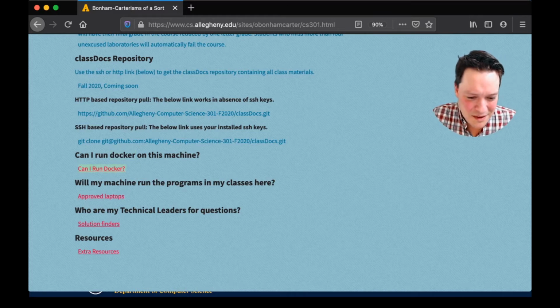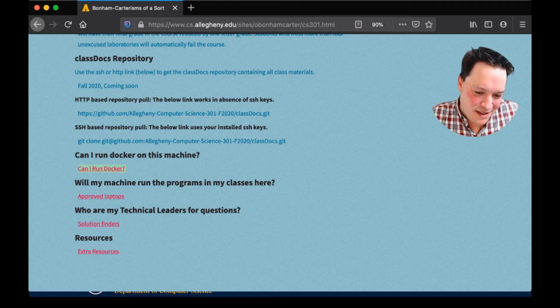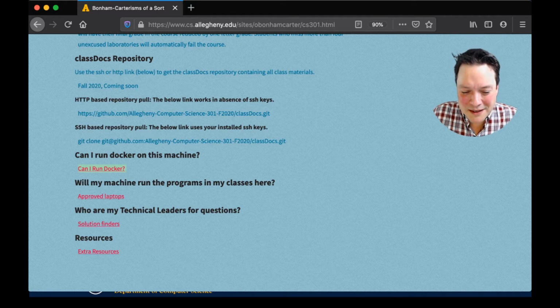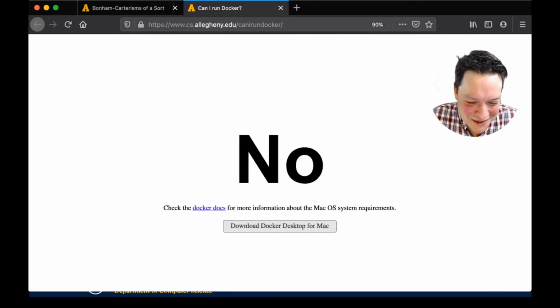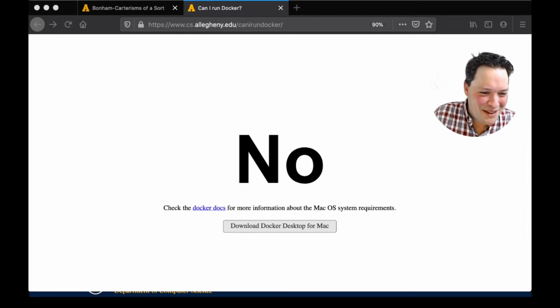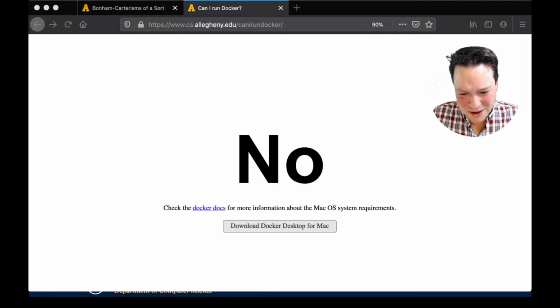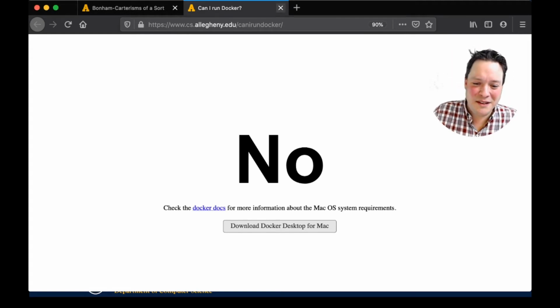I'm talking about this because, I mean, there's more to mention than that, but basically that's the gist of what this thing is. But I have this link on my site here: can I run Docker? It doesn't run this because I'm running this in an emulator right now. It says no for this thing here, but it should say yes on your machine. So you'd have basically a yes or a no. In fact, I'm not sure why that's saying no right now, but it's probably because I'm running this in an emulator, and so Docker doesn't see what's actually going on in my machine. But on your machine, hopefully it won't say no, it would say yes, and so everything is okay.